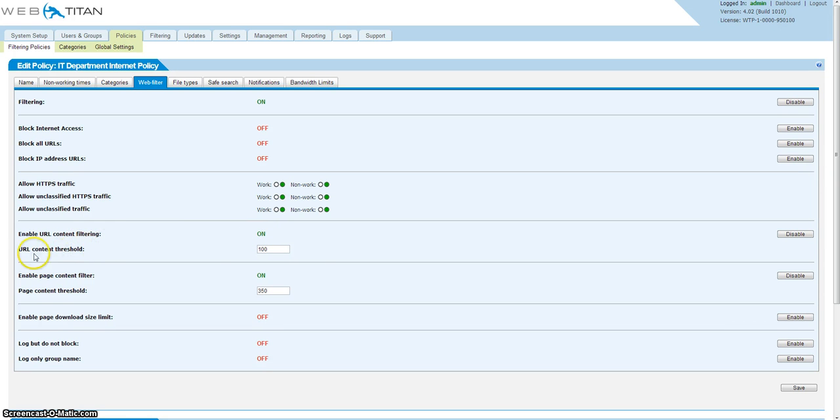So an example here, URL threshold of 100. If somebody puts in a bad keyword into their browser and it gets a bad score associated with it, the user can be blocked from entering that page. And similar with a page count threshold of 350, if somebody goes to a particular page and it has a certain amount of bad keywords, they'll get blocked from going to that page. There is an option to log but do not block for certain users